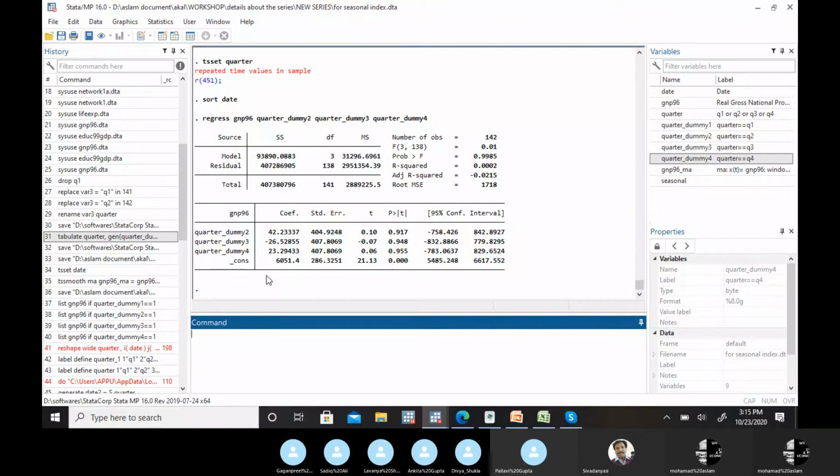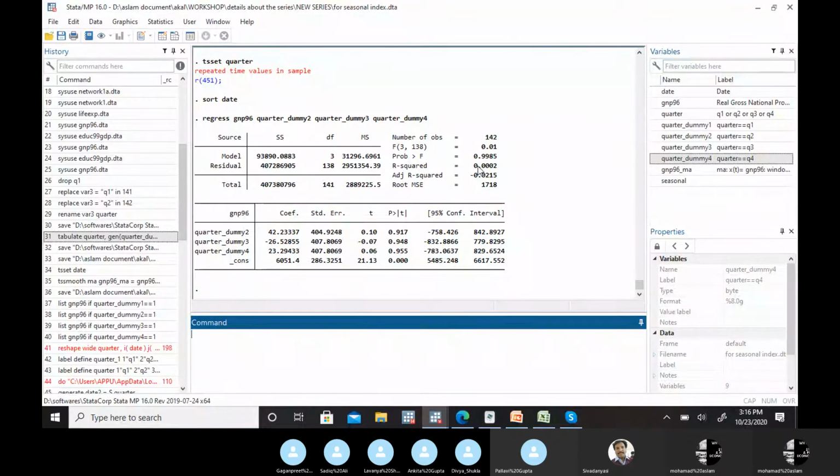Now, this is the comparison of the change in the values of GNP 96 based upon the quarters, with the reference category of the first quarter. These are the changes in the coefficients of dummy 2, dummy 3, dummy 4. Although first we have to see whether these coefficients are significant or not. In this particular case, if we take a 10% level of significance, then at 5% it's not significant.